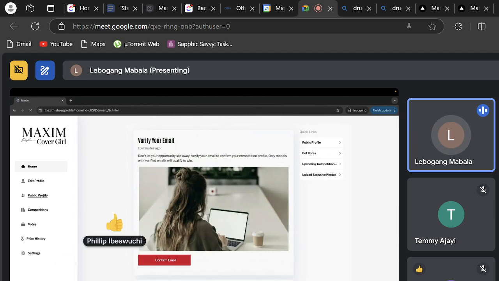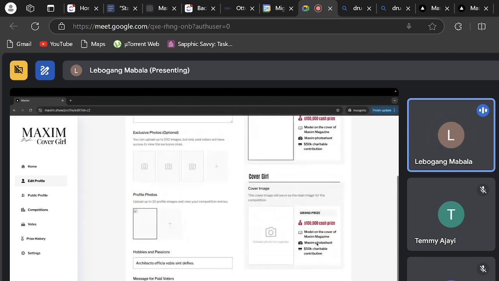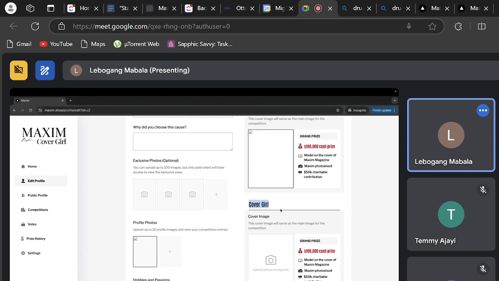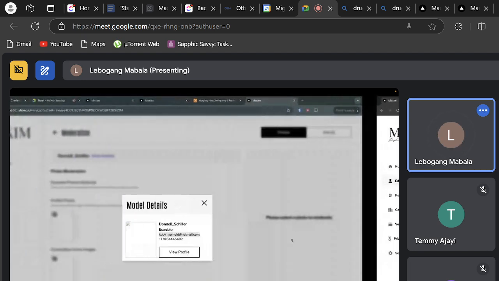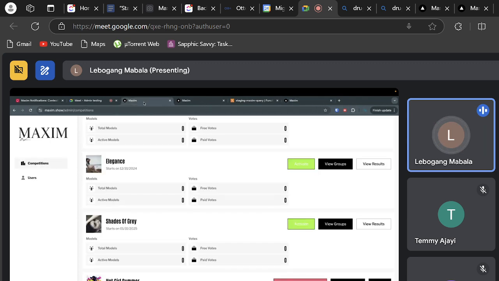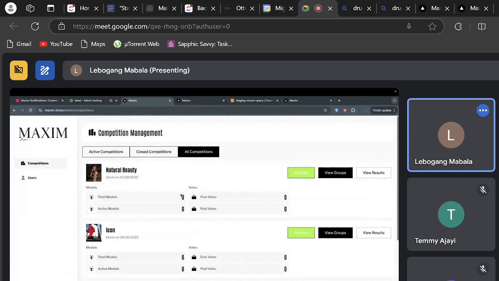And then, if I go here, the bug that we picked up, right? You see now it shows Hot Girl Summer and Cover Girl. That's what it shows. Now the issue is which one is active but not here?